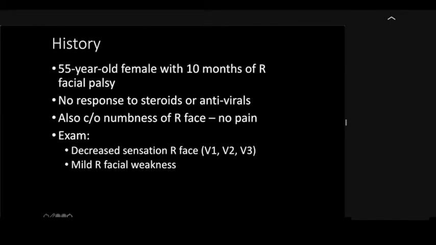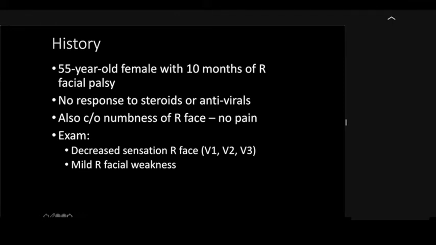My patient is a 55-year-old woman with 10 months of right facial palsy that was unresponsive to steroids or antivirals. She also complained of numbness of the right face but had no pain. On exam, she had decreased sensation of the right face in V1, V2, and V3 distributions, as well as mild